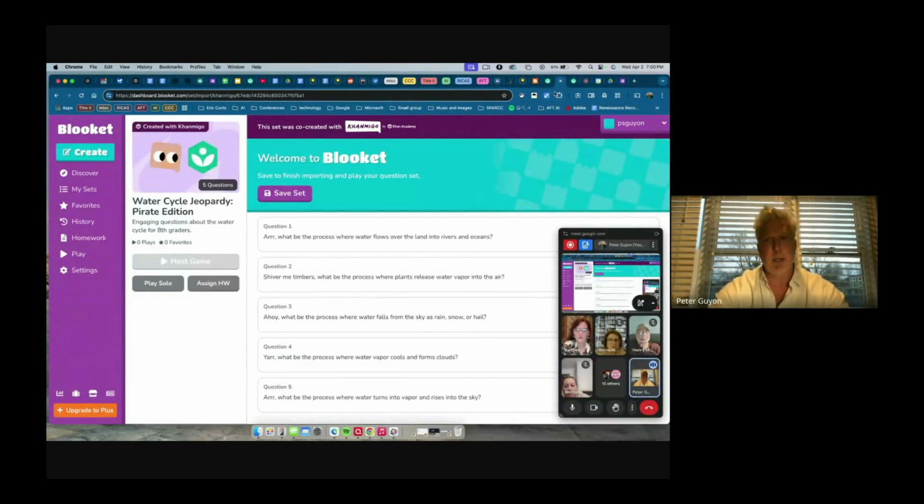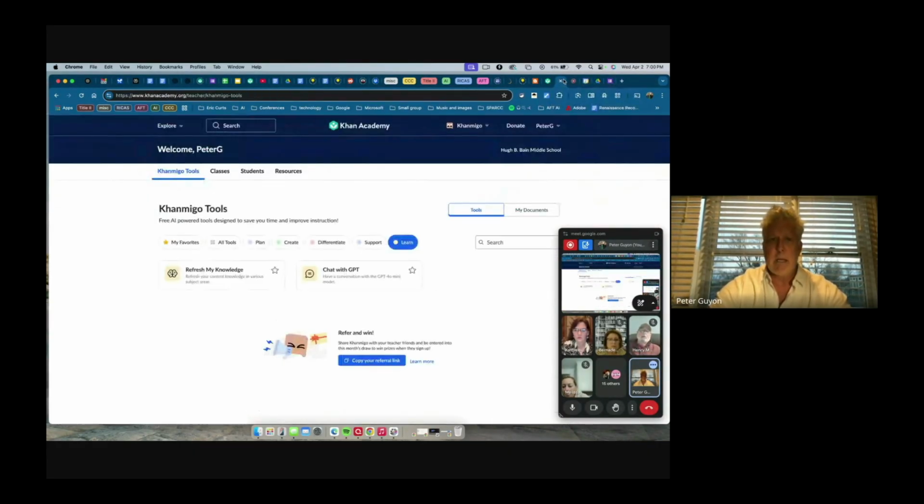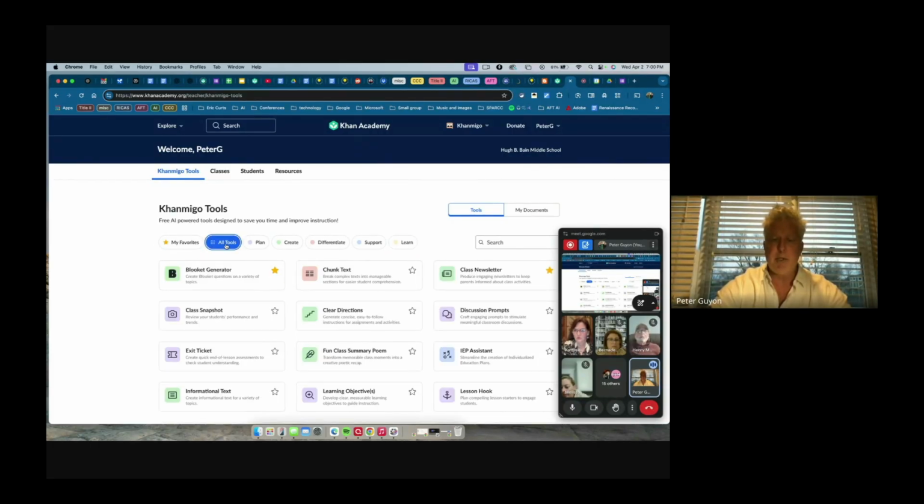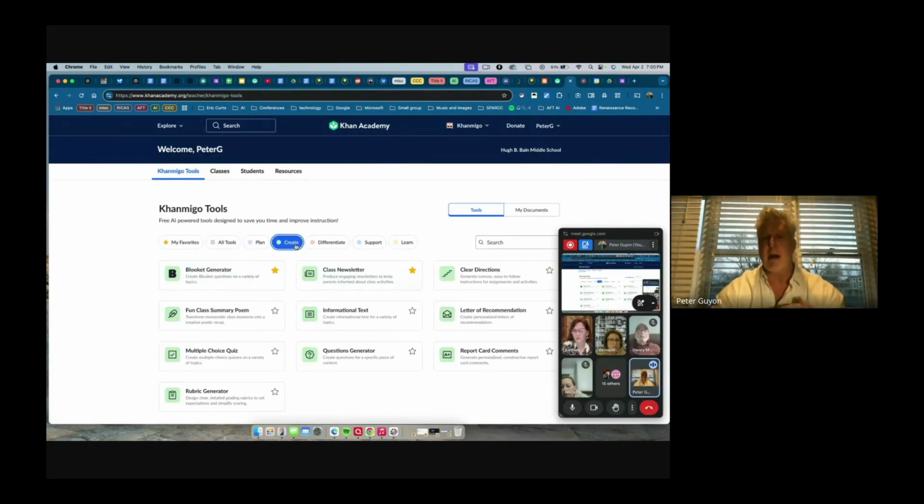And if you're not familiar with Blooket, it could be more elementary, middle school, but definitely check it out because even though there is a paid version of it, the free version allows you to not only play the games with the students, but also to get some feedback on how they do on the questions as well. So Blooket Generator is definitely one of my favorites in regards to sharing that tool with teachers to easily create sets for their students.